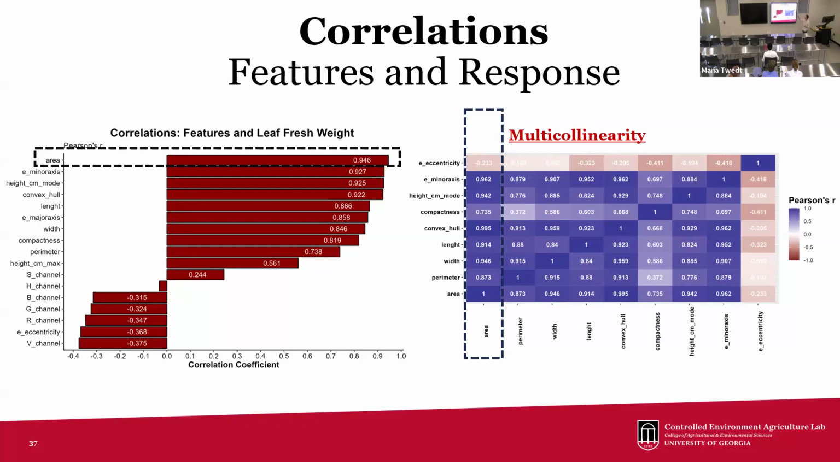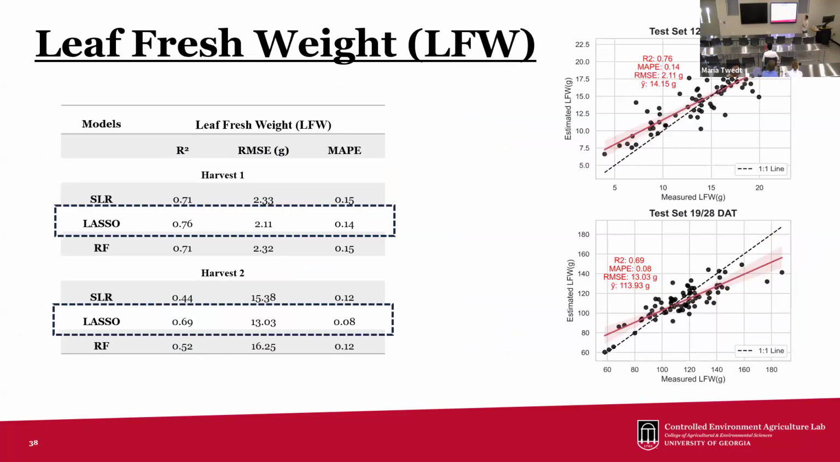And we found a warning here, which is the multicollinearity, which actually makes sense as we're extracting variables from the same shape, from the same image canopy. We were expecting to find some correlations between those features, those geometrical features. However, for the leaf fresh weight, if we compare among models based on three different performance